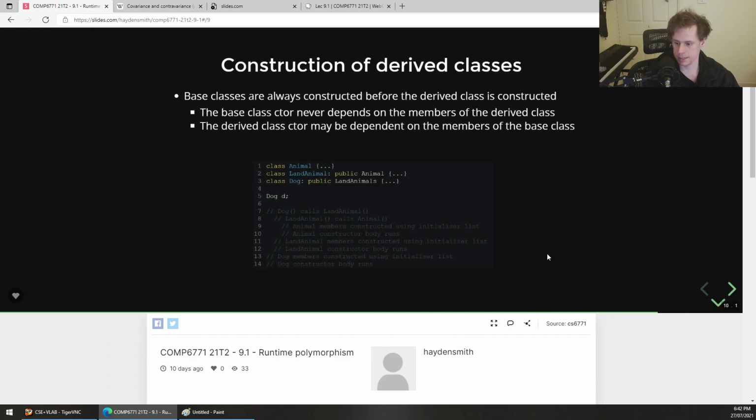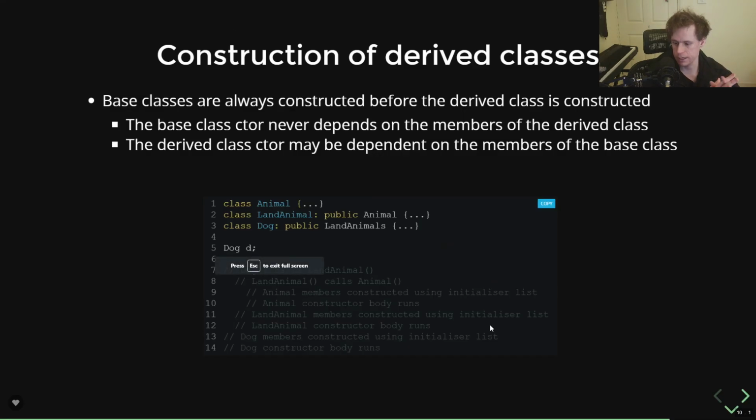And then last thing today, last series of slides, is construction of derived classes. This is just a little bit of a fun activity, and this is again what your Tute 10 touches on a bit too, which is what I've said before, that base classes are always constructed before derived classes. So the base class constructor gets called, and then the next thing gets called. So if you have something like an animal here, and then a land animal that inherits that, and then a dog that inherits a land animal, when you actually look at the flow through the code,